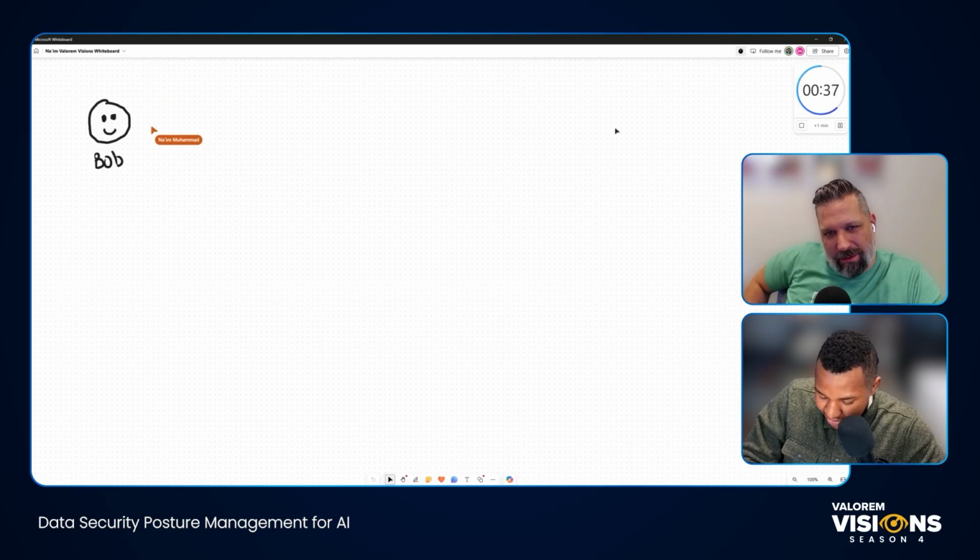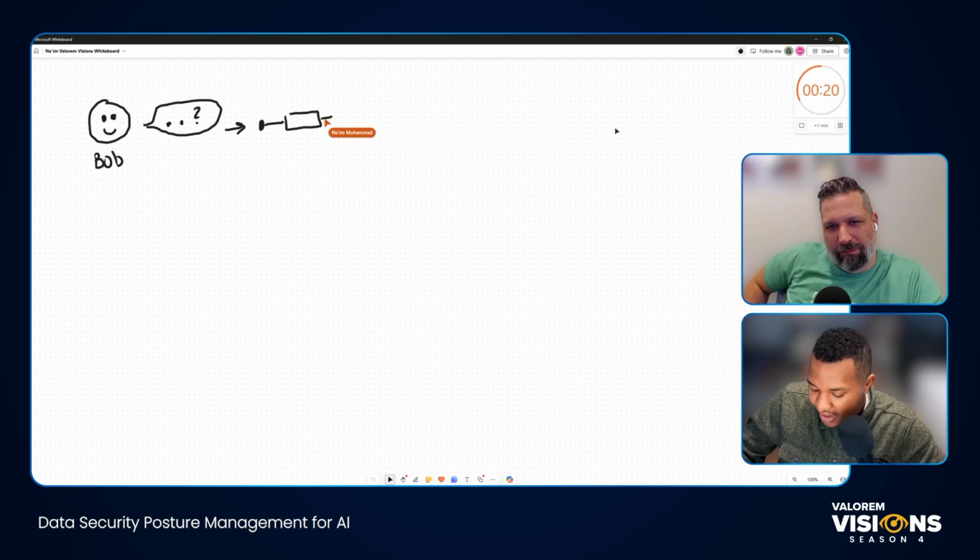Bob wants to access some specific information from a file. So Bob is asking the solution, can I have access to this information? What's in this file? And then here we'll have our little AI. And our little AI is going to assess that, and it's going to actually respond back with no. And I think that really sums up DSPM for AI.